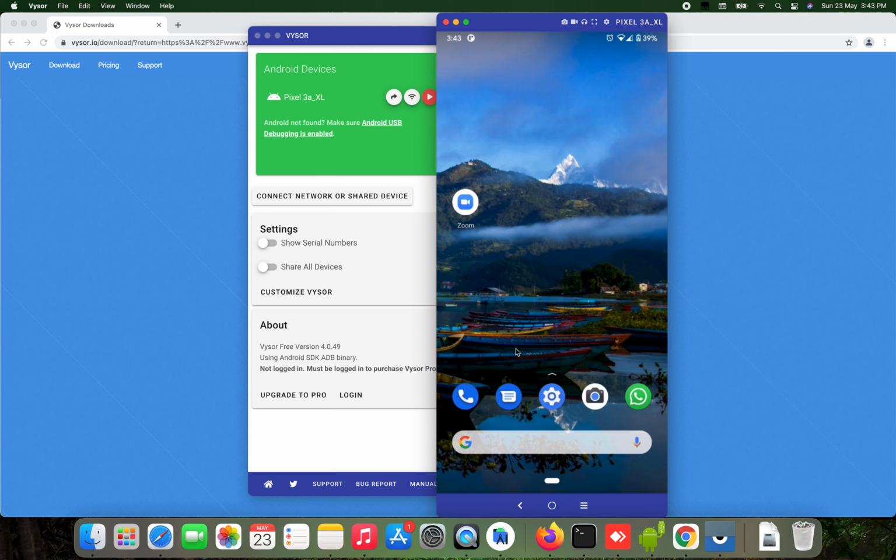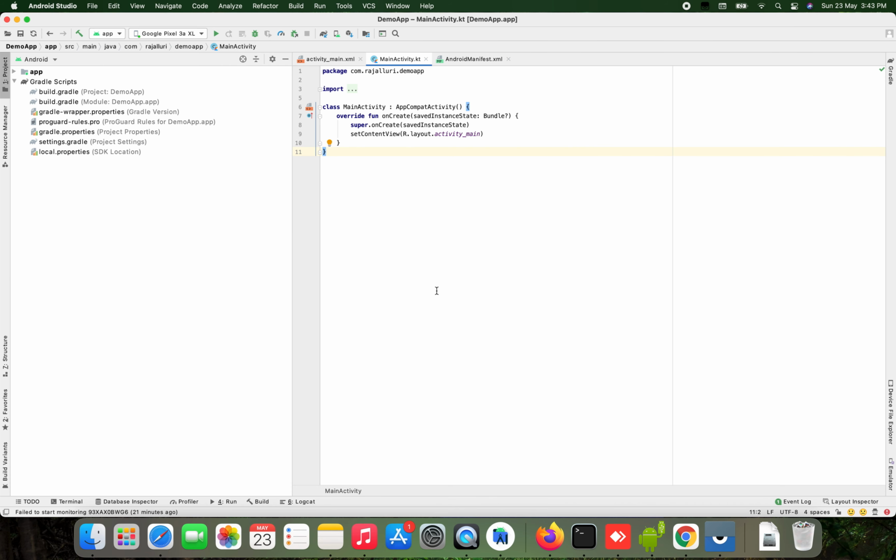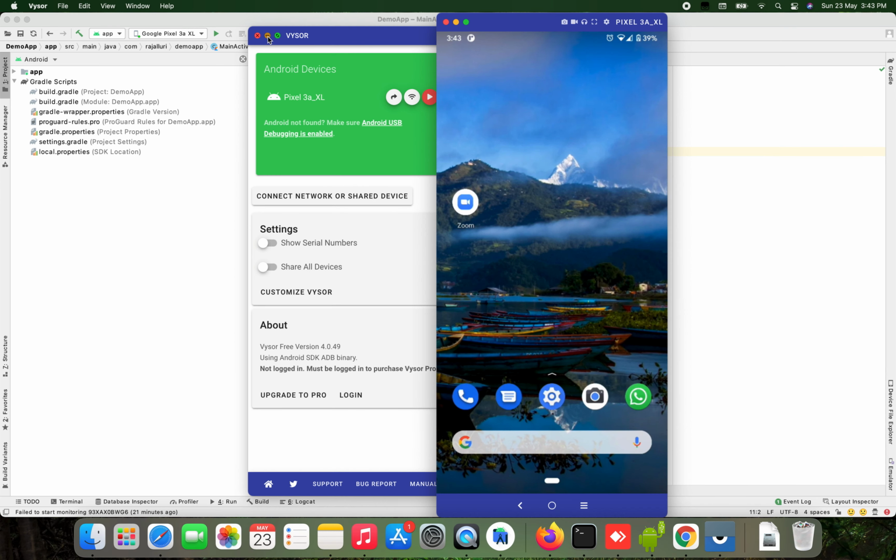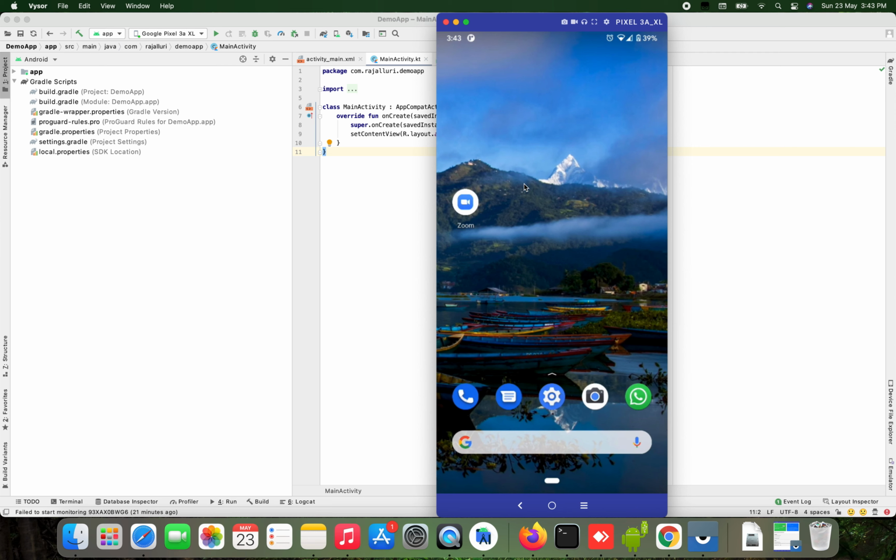Now the second thing is how we can install our Android app onto the real device. For the very first time, our Android phone is not ready to install any apps. To enable the developer options we need to follow some steps. Let me share my device. This is my real device I'm showing. To enable the developer options, we need to go to Settings,